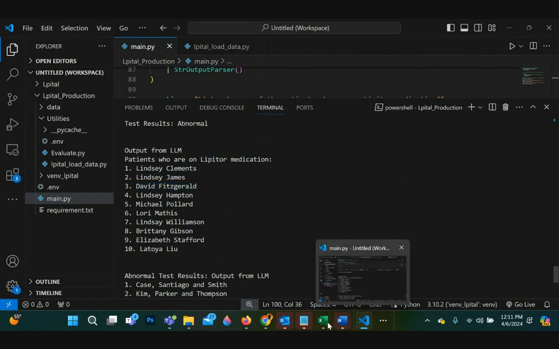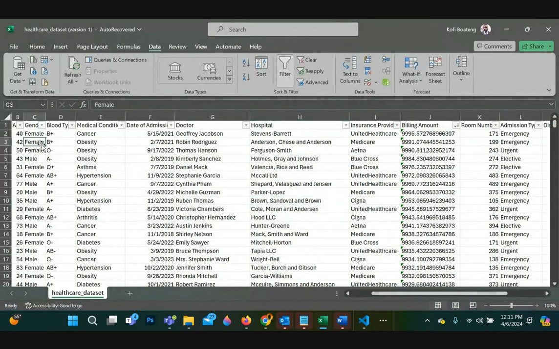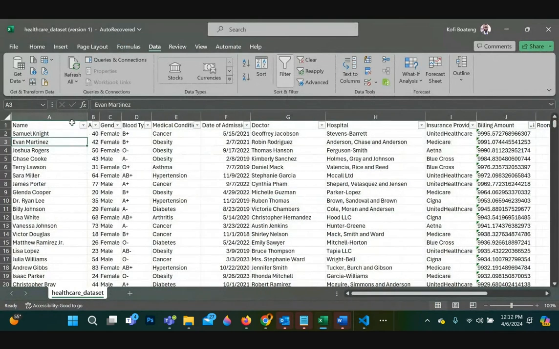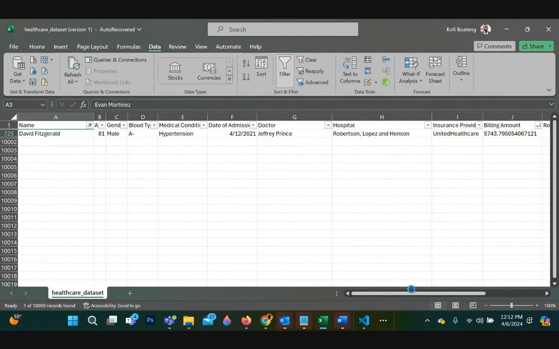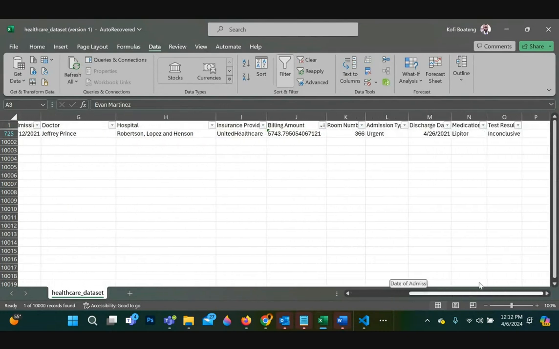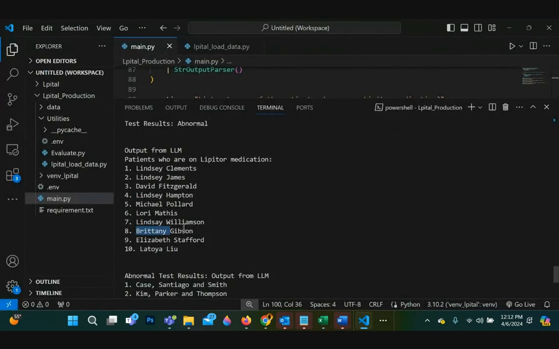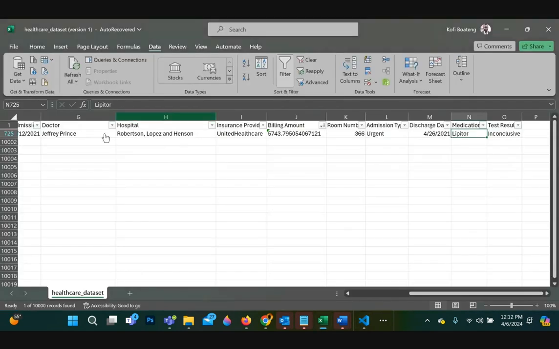So we're looking at David. Let's see whether David is really on Lipitor. There you go. So let's look at the medical education. Of course, David is on Lipitor. So you can do that kind of validation. You can try Brittany as well. It should give us similar results.